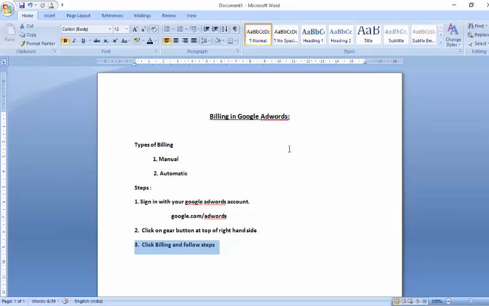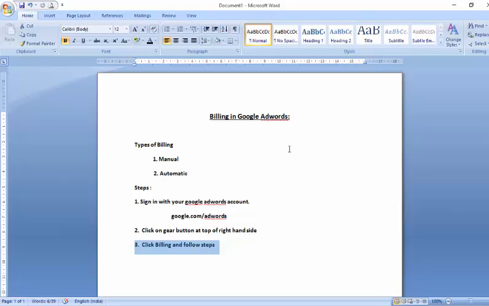The second one is automatic, which is also known as postpaid. In this, Google will authorize our debit card or credit card. We will go to the practical session also, and then we can see how we can do the payment. Postpaid means once we authorize our card, it will deduct on the basis of the campaign, or on how much money we decide to spend on our campaigns. In this, we have to authorize our card only once,